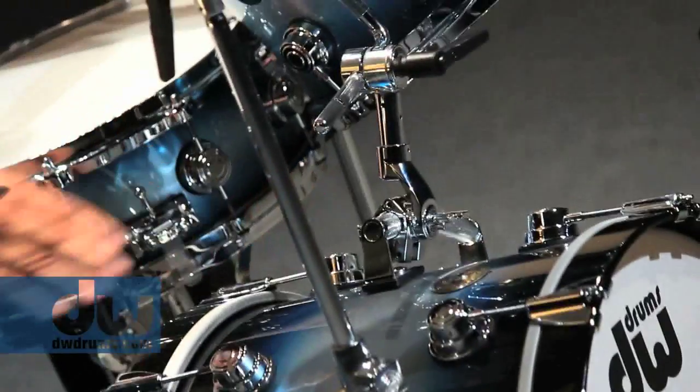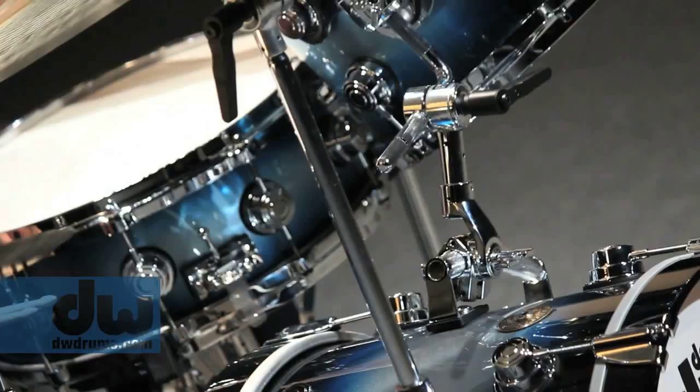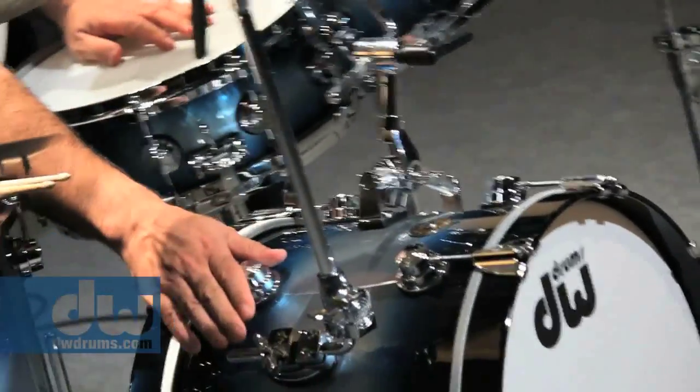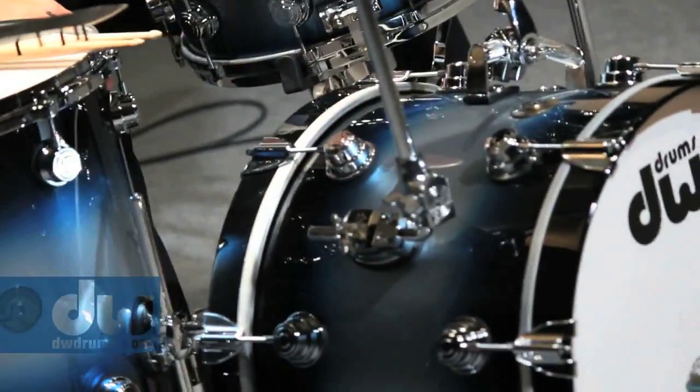A couple things I could point out. We have the old rail mount. I think they call it the banana rail mount, just like in the day. And the ride cymbal is also mounted off the shell. Now,